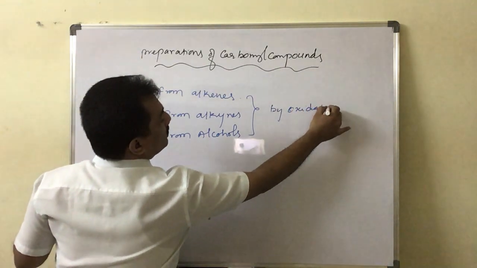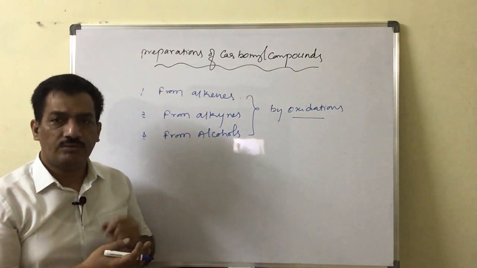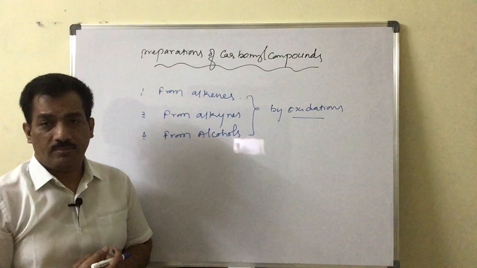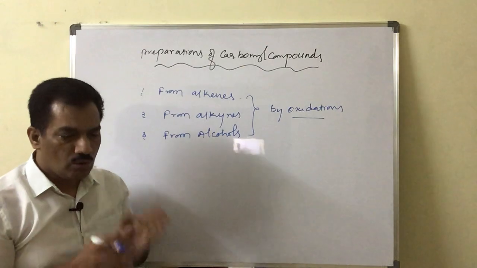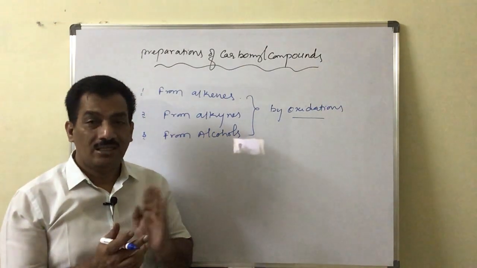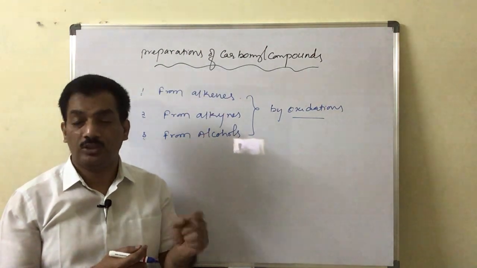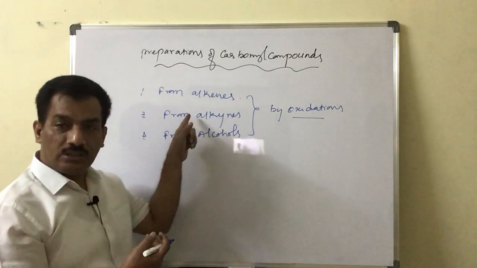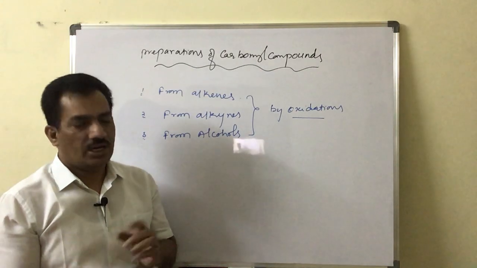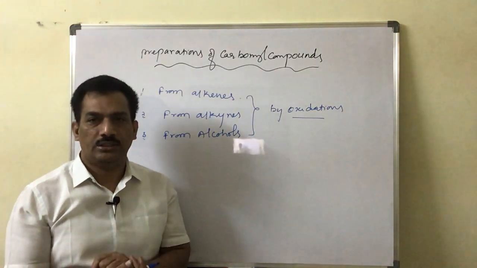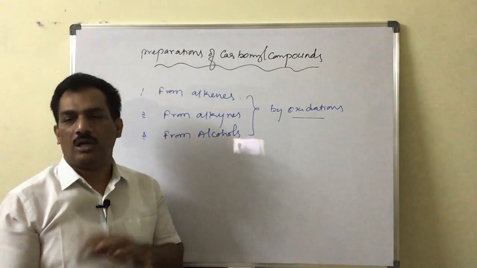Here for these oxidations we are using different reagents. Okay, no doubt at all. The oxidizing agent which is useful in the conversion of an alkene is not the same as in the conversion of an alkyne into a carbonyl compound. Just remember, we know only that the process is oxidation. It doesn't mean that the reagent is also the same. The process is the same, but the reagent that should be used depends on the substrate. Clear? That means different oxidizing agents are there. The study is nothing but which oxidizing agent is useful in conversion of a particular compound into a carbonyl compound.